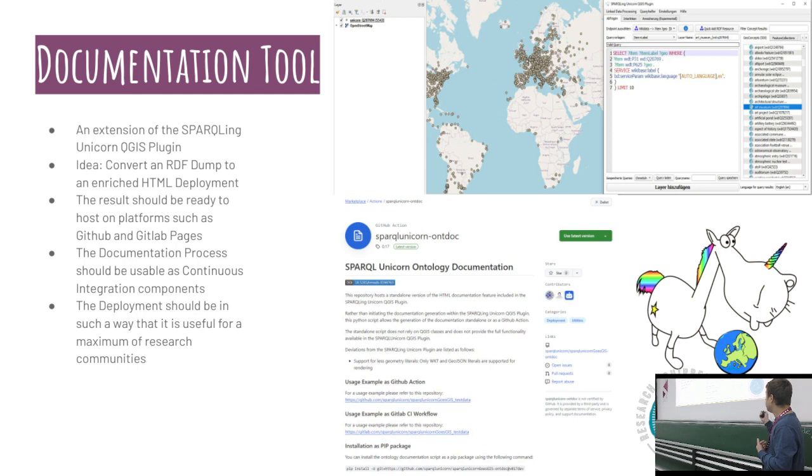So it's currently available in many different forms. On the very top, you will see a QGIS plugin, which has been in place for an amount of years. So if you are into GIS, you can install that. I've created a GitHub action, which basically says, okay, if you have an RDF turtle file, you can use a GitHub action to generate some documentation and publish it on your GitHub page. Also available is a Python package that you can install from there, and we even have a GitLab CI workflow that you can use, which uses the same tool.